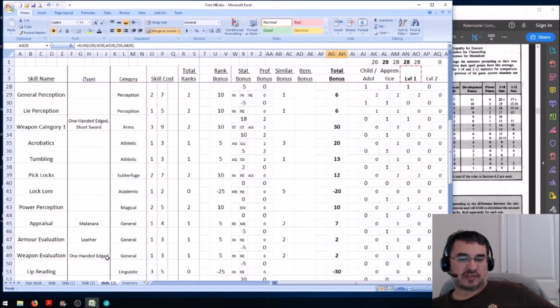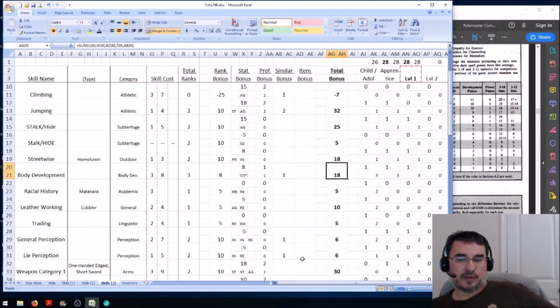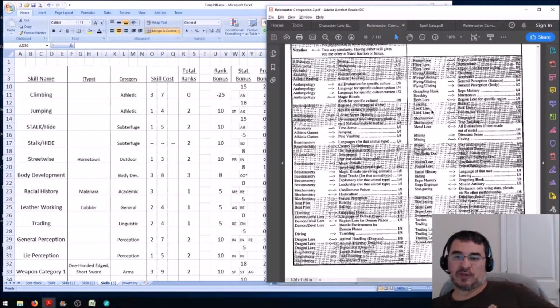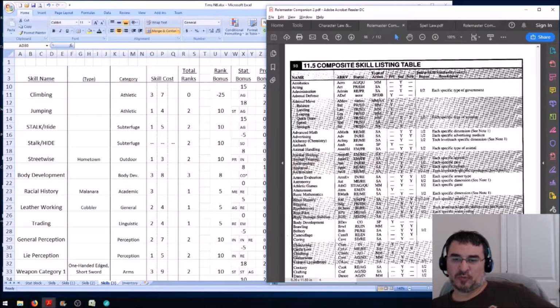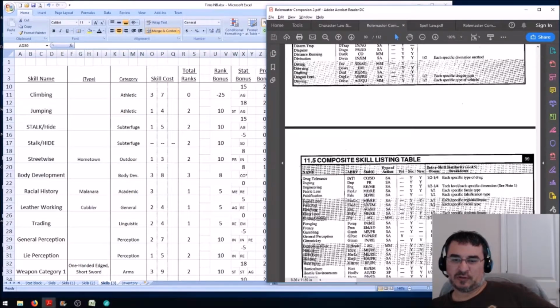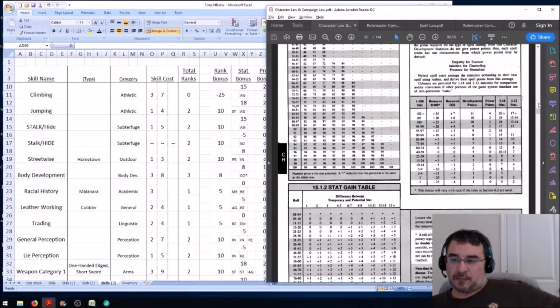Why don't we take a look at one of these skills that we wished was higher? Like lie perception. Lie perception, we can confirm in here in Rolemaster Companion, because that wasn't a normal book. Go to this list of skills here. Lie perception is secondary. It's listed right here, the Y in the middle column. So what we're going to do is we're actually going to pick,